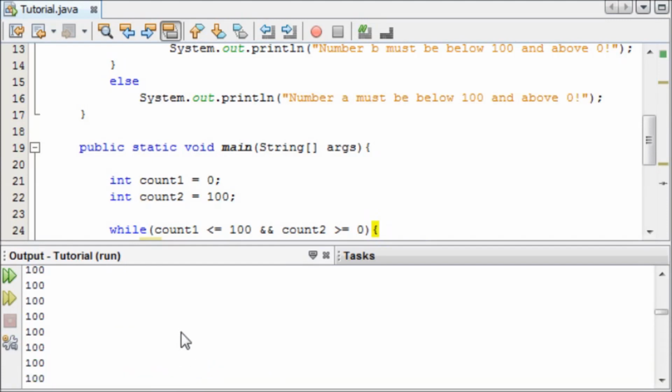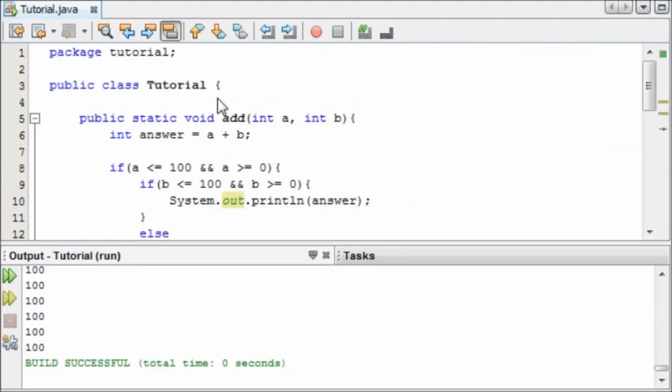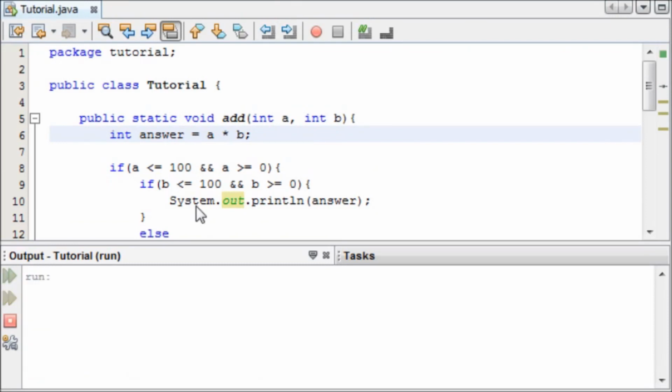And of course, I didn't really think this through, but as long as one is counting up and the other's counting down, they're always going to equal 100. So that's a bit boring. So I'm going to simply change it: instead of adding A to B, I'm going to times A by B. And now if we run this,